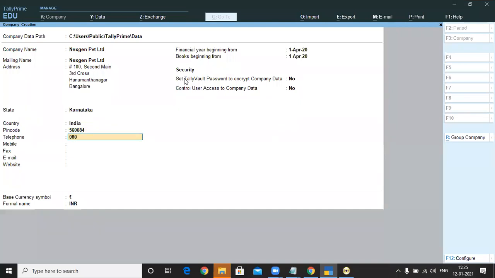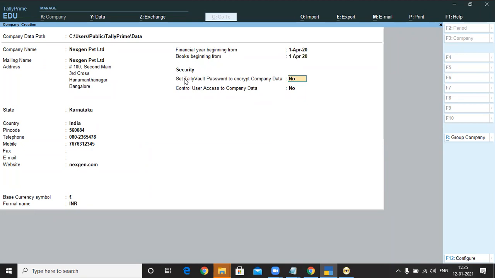Then telephone number, mobile number, and give the website nextgen.com. Financial year begins from 1st of April. Books beginning from 1st of April as well. Let it be the same date.